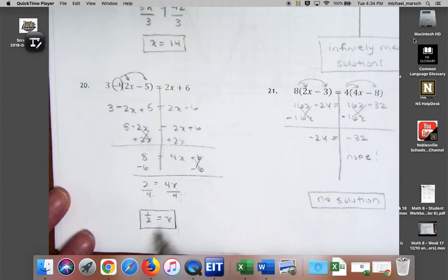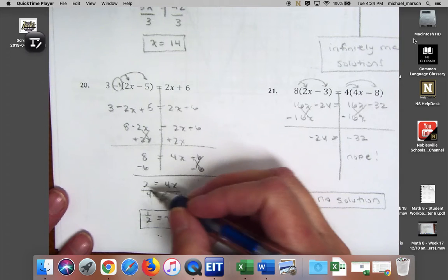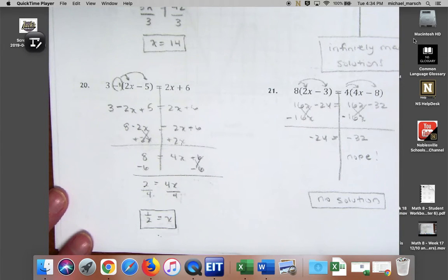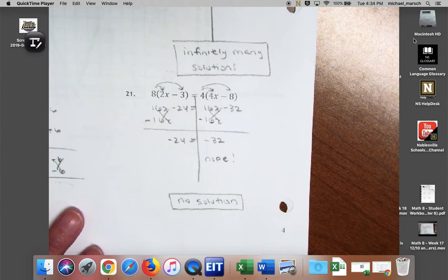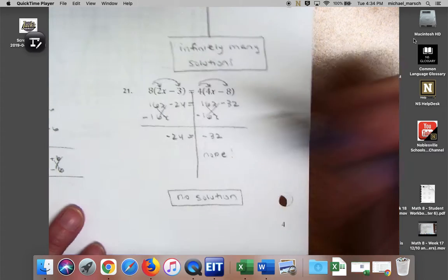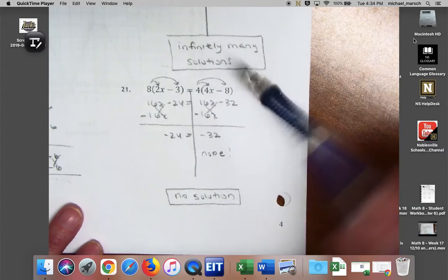I'm sure some of you got 2 because your brains just think 4, 2, 2. But really, 2 divided by 4 is 1/2, right? Right. And then number 21 is exactly the opposite of number 19, where when you distribute, you end up with